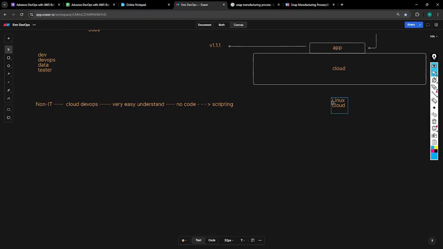You'll get some coding knowledge as well, a code language, as well as deployment management, build and release. You're also going to learn about testing. You're going to work with them in different phases, so you are going to touch most of the things.